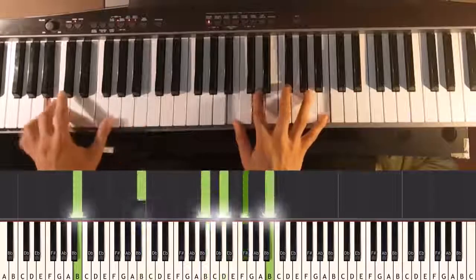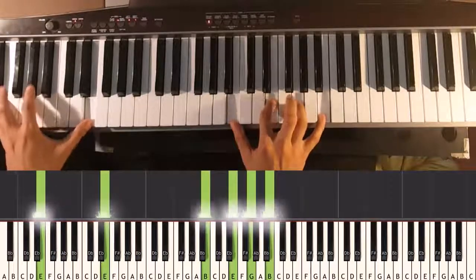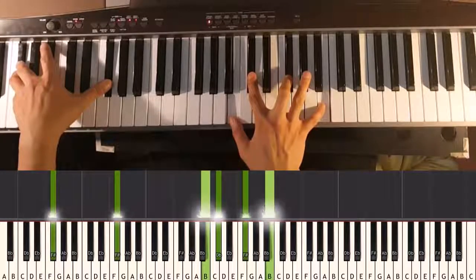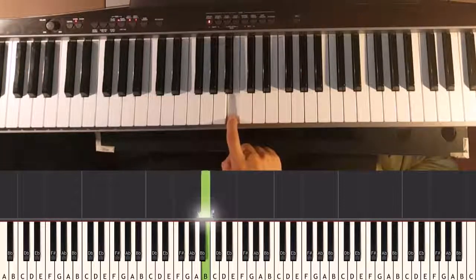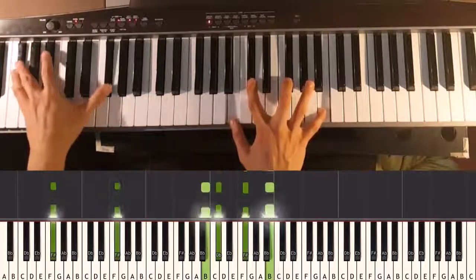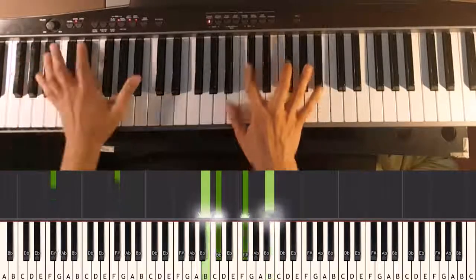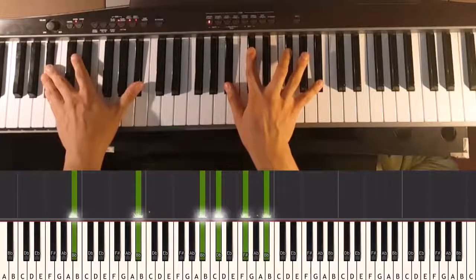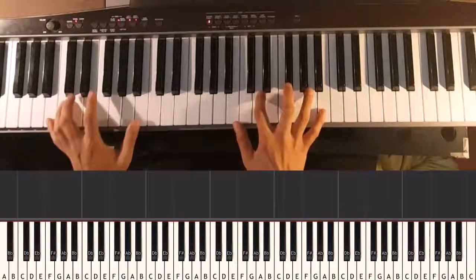So we get B minor, G dominant 7th, E minor, and then we get this F sharp sus4, and it's a sus because it has this B in the chord, and this B is suspended and resolves into the A sharp, which is also in our bass here for the F sharp major chord. So that whole section is